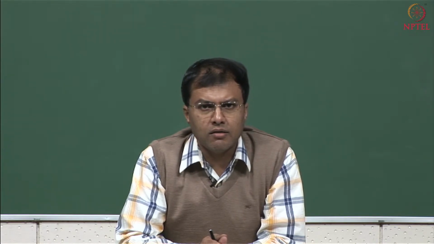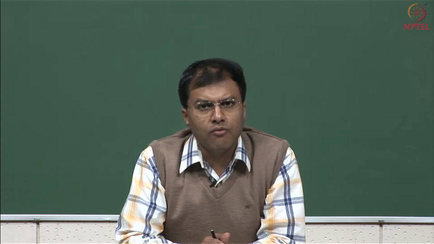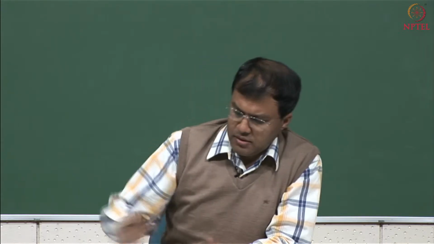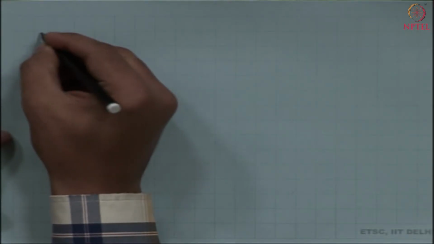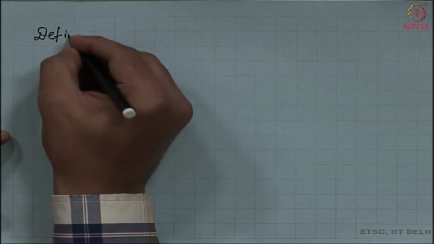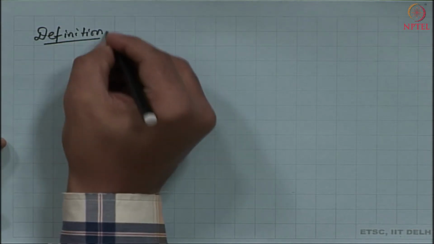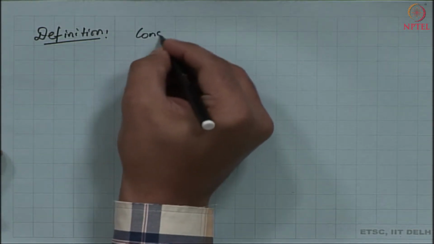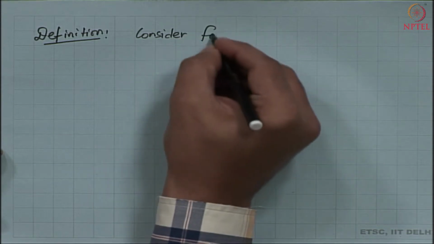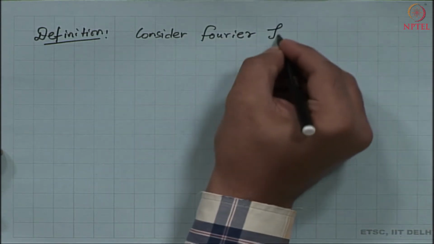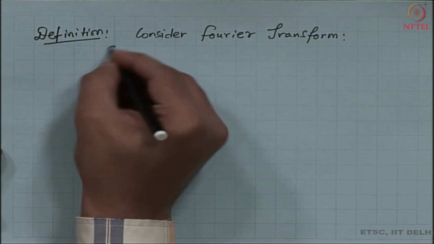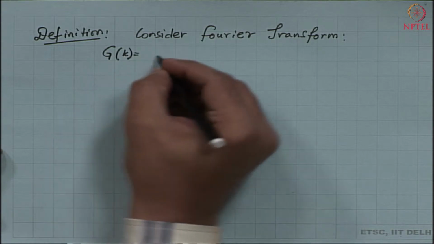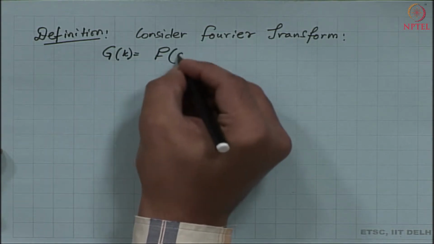So, let us start our lecture and discussion today by deriving the Mellin transform from our Fourier transform. To arrive at the definition of the Mellin transform, I need to consider the Fourier transform. So, consider my Fourier transform. I am given that the Fourier transform of a particular function is, let us say, capital G, which